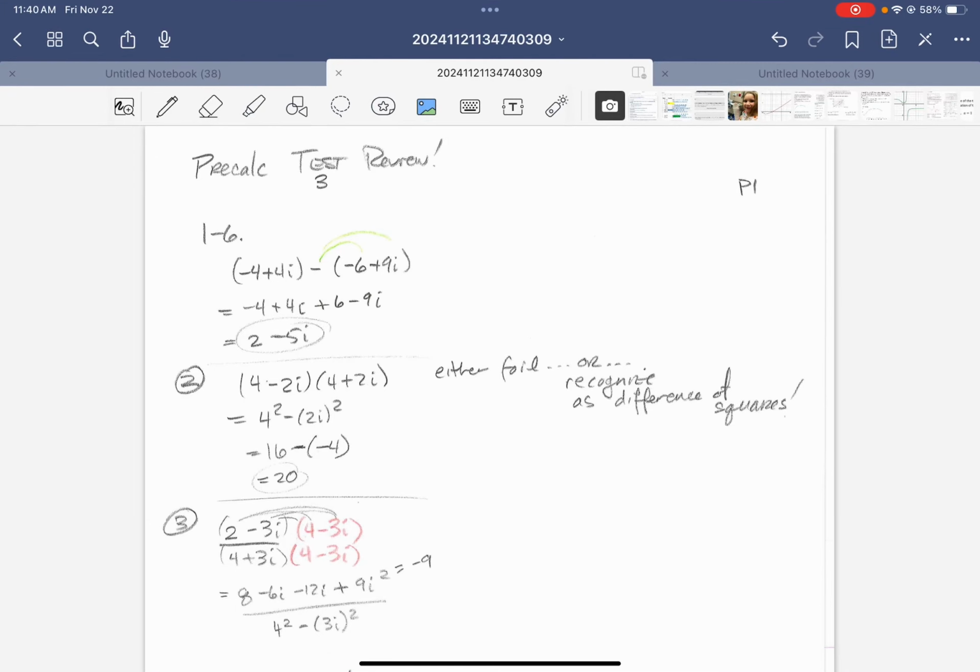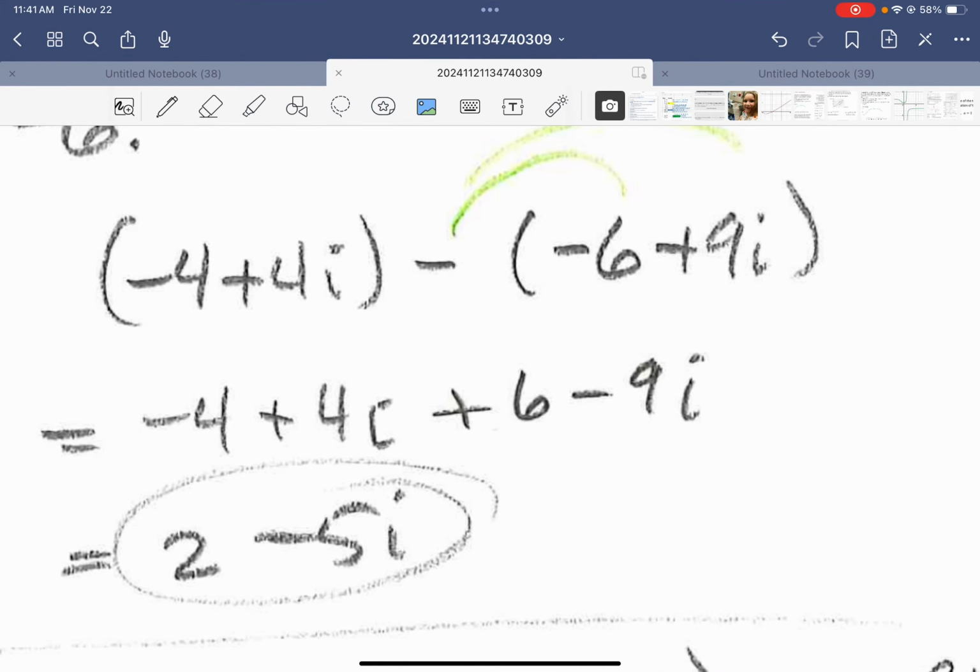Okay, let's do a review. So first, we know that we need to be able to add two complex numbers. So if we add a couple of complex numbers,